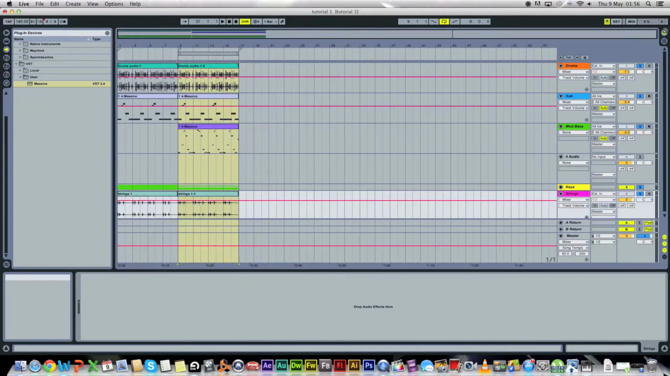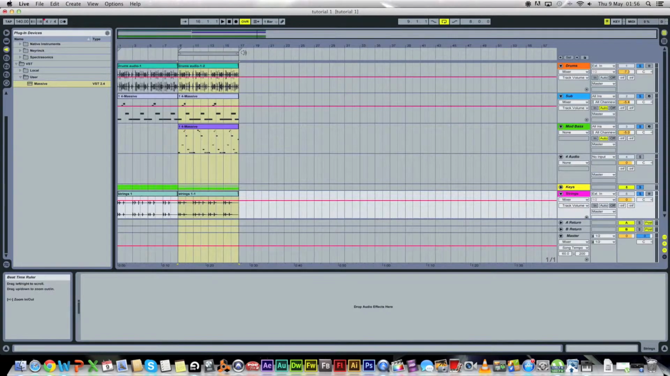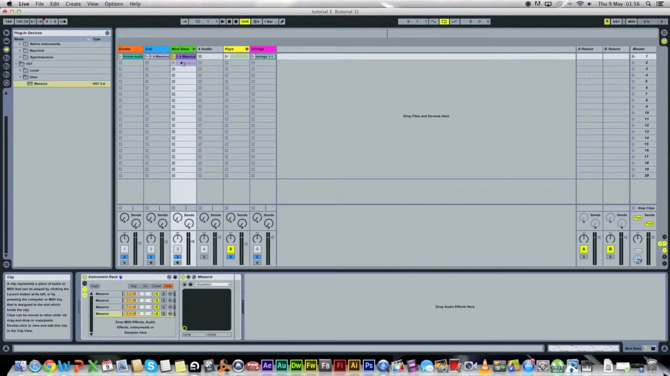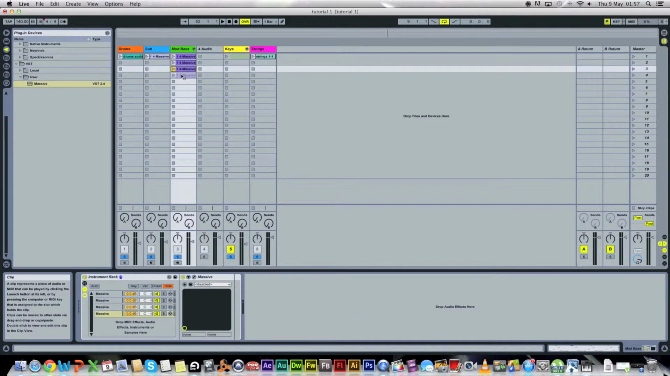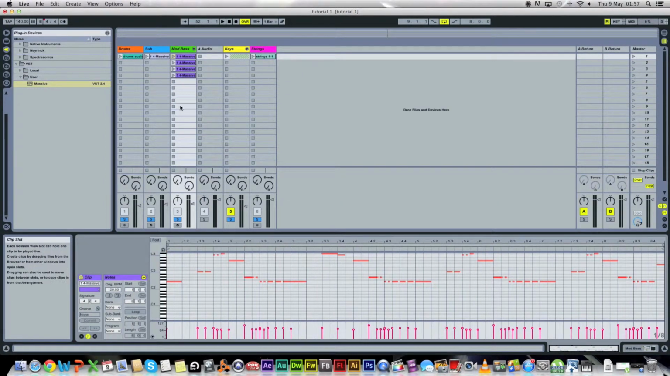Oh, there's the practice run. Let me just delete that quick. Cool. Click and drag these into here, and we need to duplicate this 4 times because we've got 4 instances of Massive, and we need to